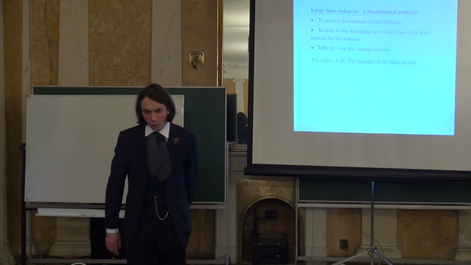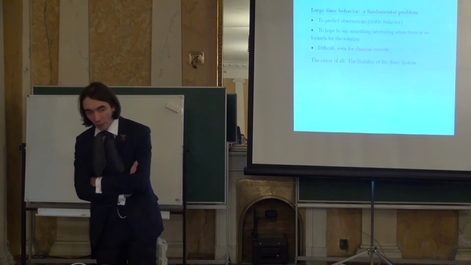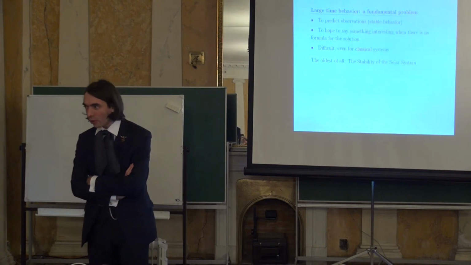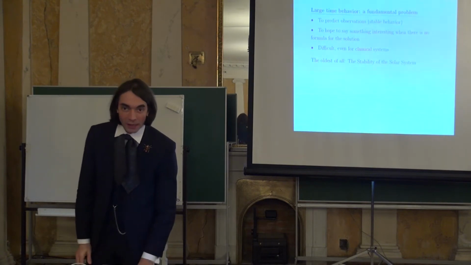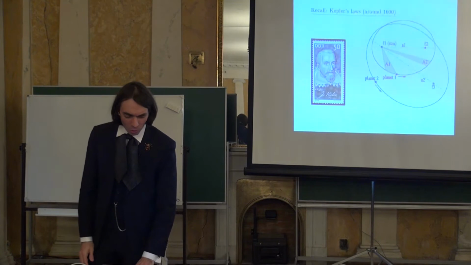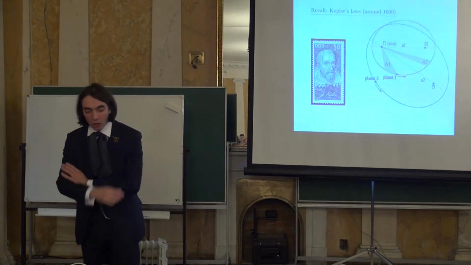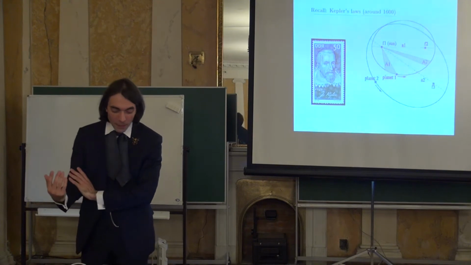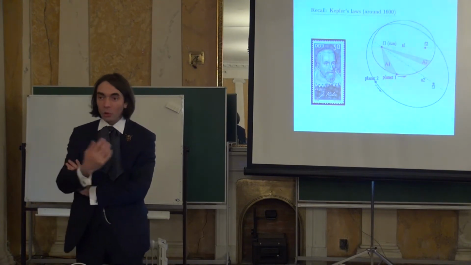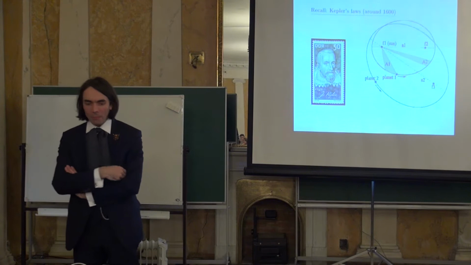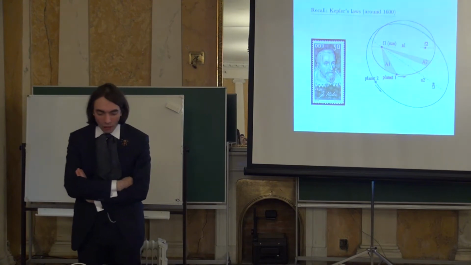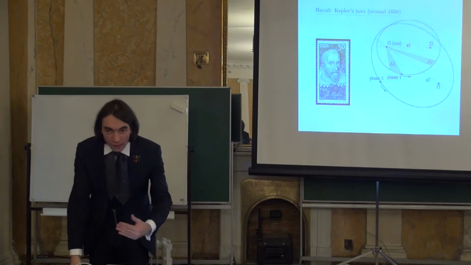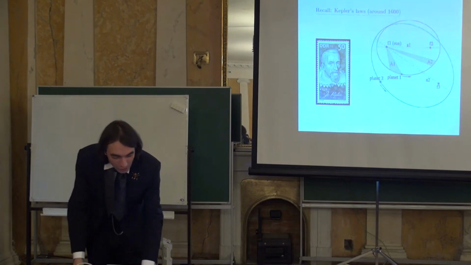The oldest of all problems of mathematical physics about the long-time behavior probably is the stability of the solar system, which has been studied by many people. Recall that around 1600, the Kepler laws allowed people to give a good description of the elliptic orbits of planets around the sun, planets of the solar system. And we still learn these laws in school today.